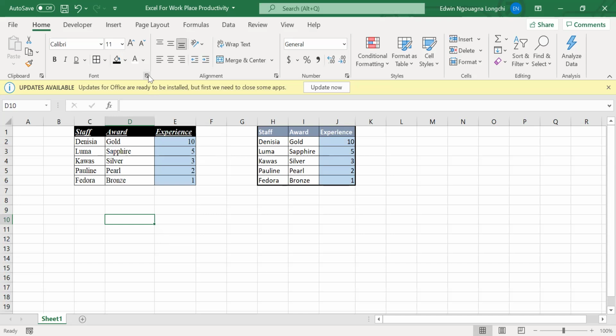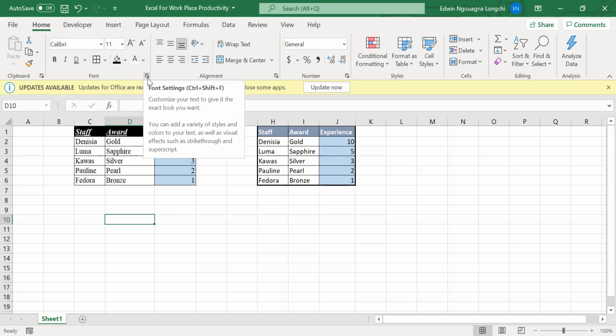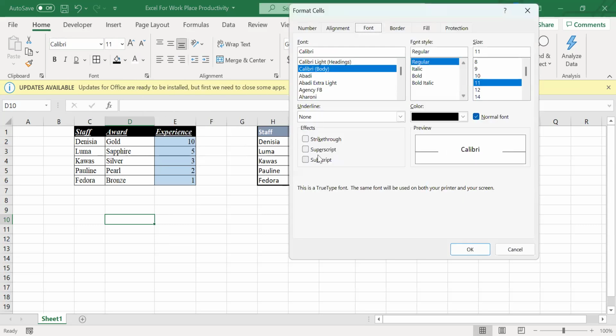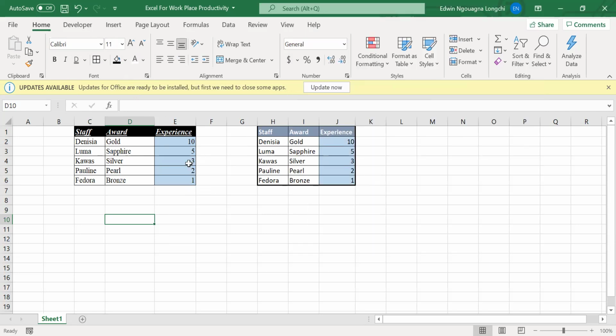All right, so you see this small arrow here, it tells you that the options under this particular box are not exhausted. That all this is not all that there is under this particular box. So if I click here, you see more options. Did you see superscript anywhere? You didn't see it, right? But you can see it here. You want a superscript, you can do it. When do you use superscript? Maybe you want to write, maybe it's the 10th year, all right? So I click here. Now, one thing you should know, if you want to type in Excel, you need to double click, okay?